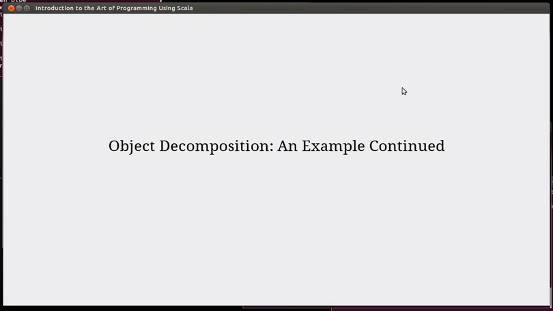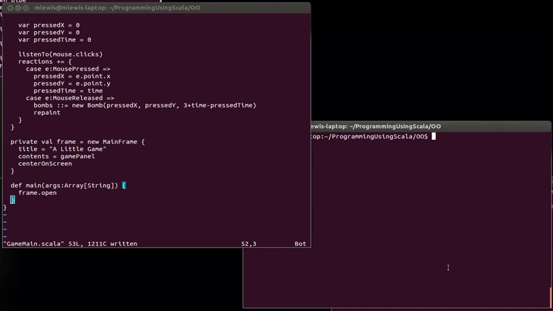In this video, we're going to continue our example from last time. We were looking at how we can think about problems in an object-oriented manner and how that changes the approach that we have to them. We decided to do this by writing a little game, and we had gotten to the point where